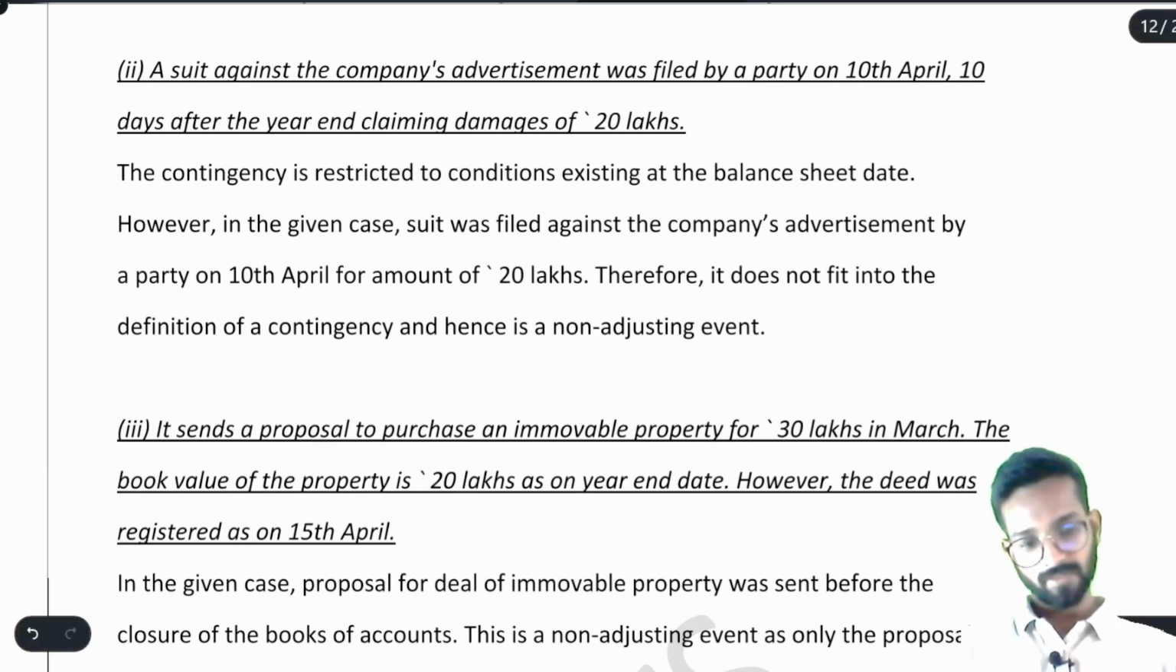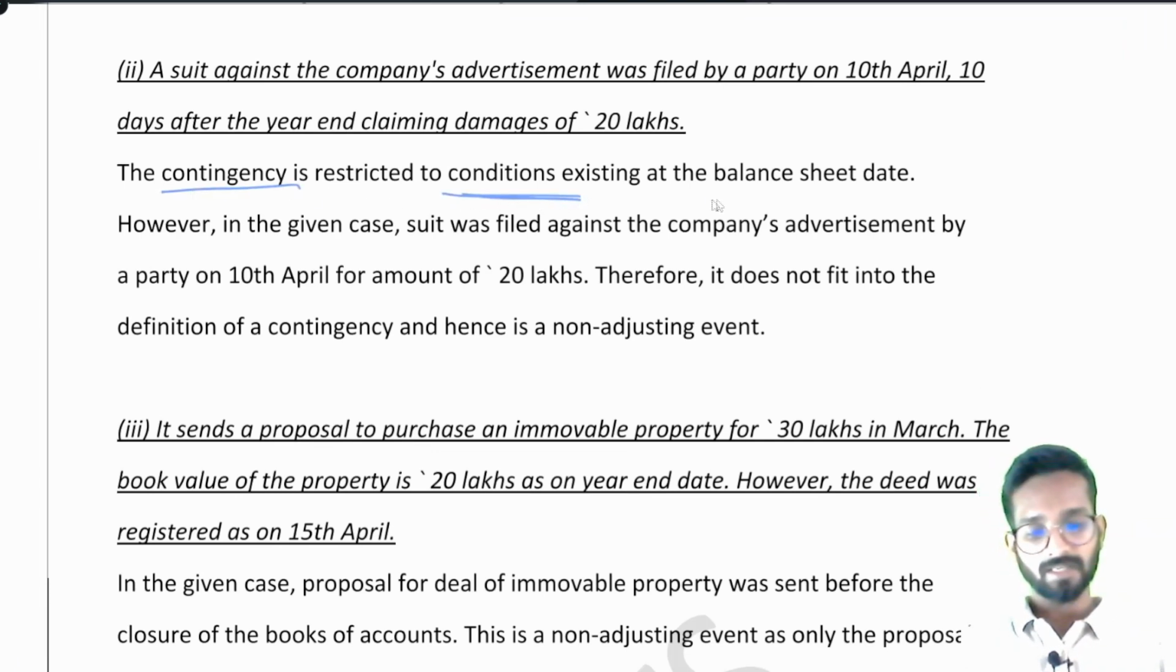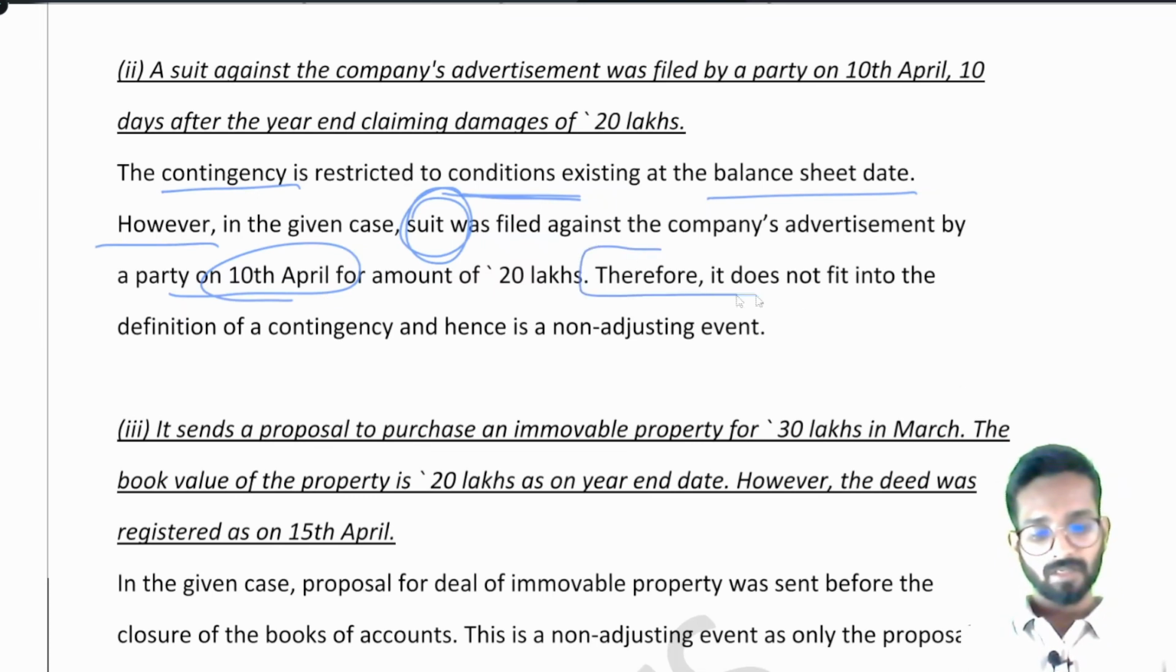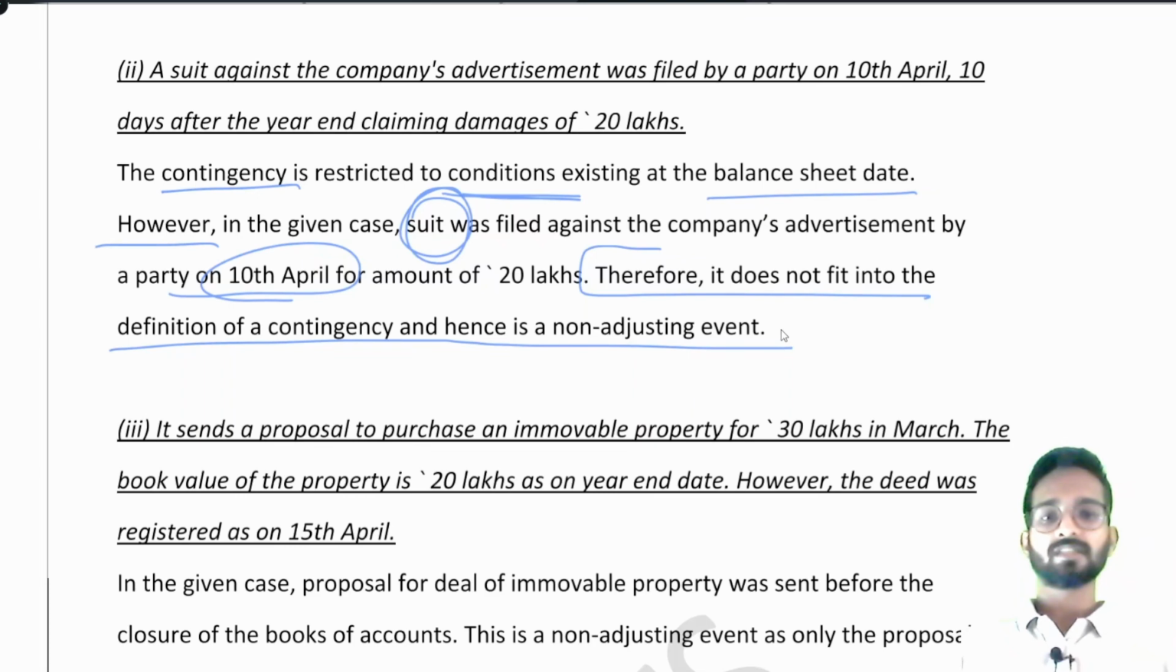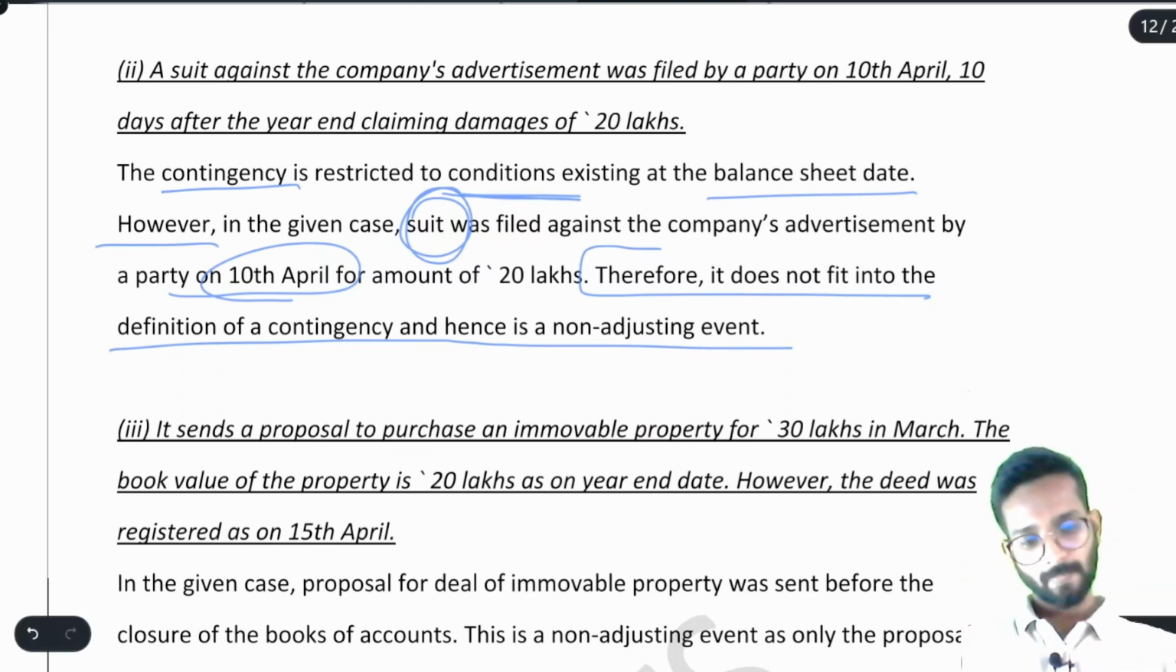So the answer we have here is the contingency is restricted to conditions existing at the balance sheet date. However, in the given case, a suit was filed against the company's advertisement by a party on 10th April. Therefore, it does not fit into the definition of contingency and hence it is a non-adjusting event. Before 31st March, we have no idea that some person will be filing a case against it. So, it is a non-adjusting event. Very simple. After this,